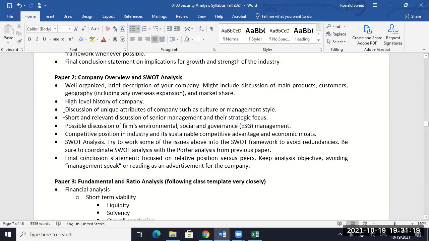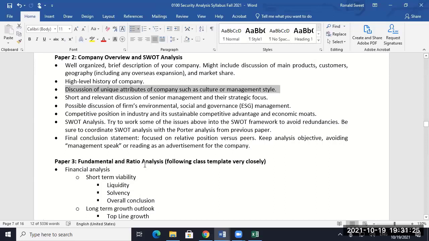And then you get into who is this firm? What's unique about this company? What distinguishes them from other companies? So get some sense of who they are. And then senior management, this is where I encourage you, go on to YouTube, find their CEO, listen to them. What are they saying?